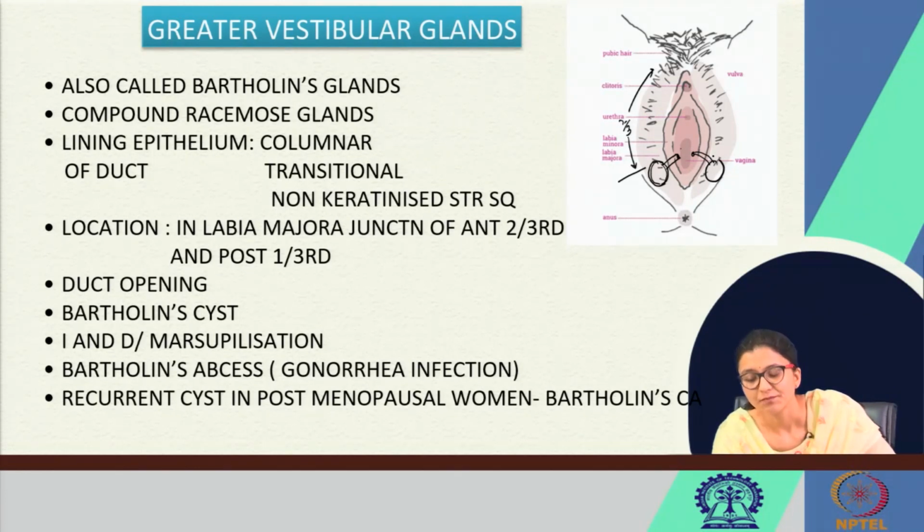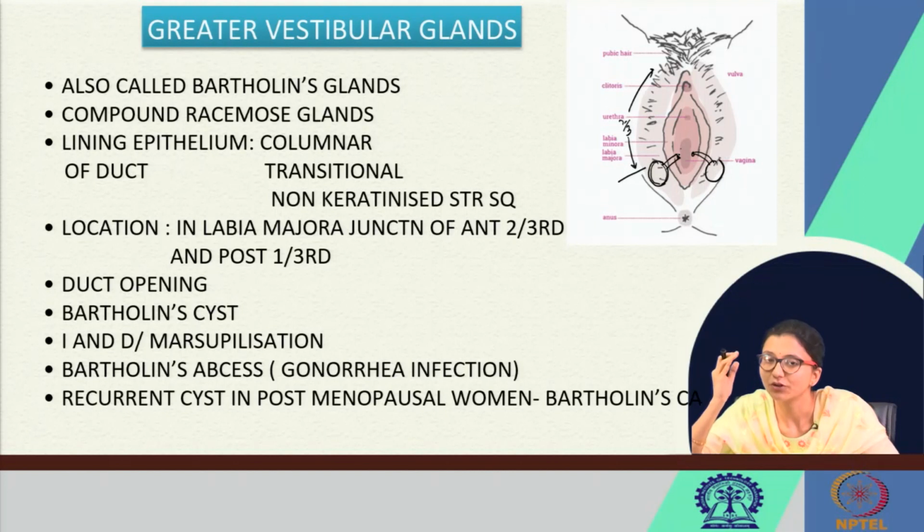Why is it important? Because sometimes this Bartholin's gland may have swelling. There can be blockage in the duct or there can be infection and there is swelling known as Bartholin cyst. And if it is infected with bacteria, it can present with Bartholin's abscess, which is very painful and it has to be drained sometimes by incision and drainage, and the cyst requires treatment where we do marsupialization. We go for excision of the cyst wall.